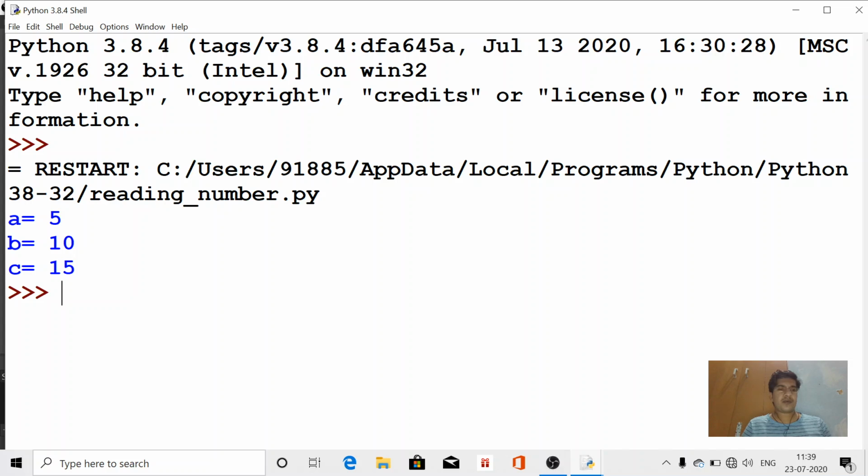See here, A equal to 5, B equal to 10, C equal to 15. But these are all in 3 lines.